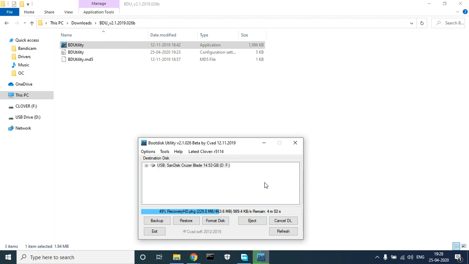The best thing about this utility is you don't have to do anything else. It will use the Clover bootloader to boot the macOS file on your Hackintosh PC, and the version I'm using is 5114, the latest.